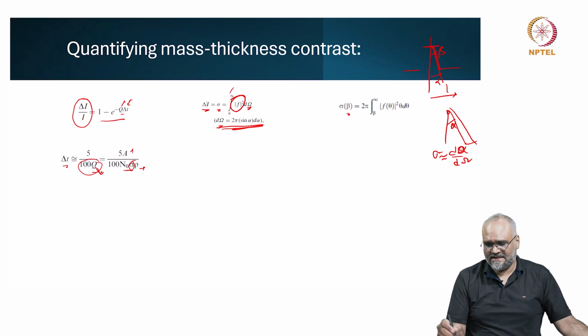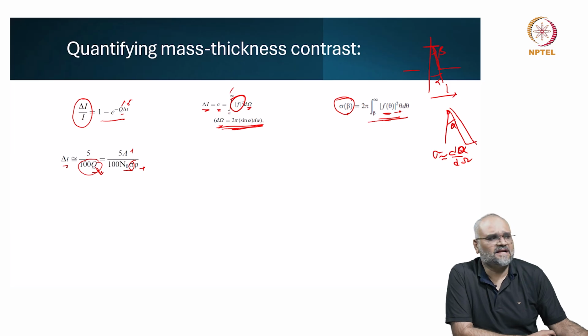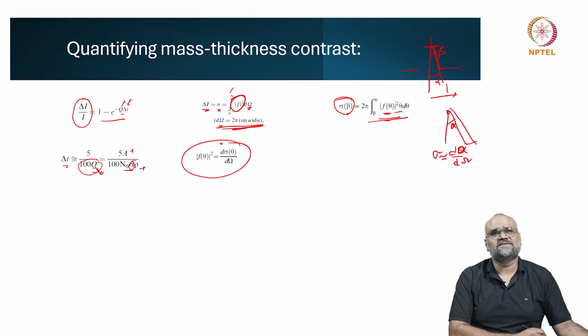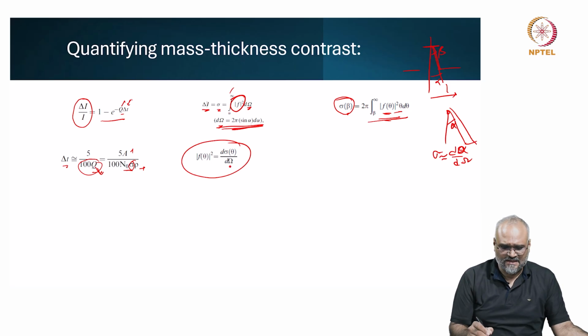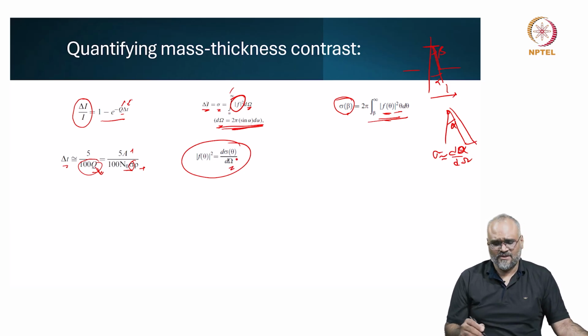So, if I write beta is the angle of collection, it is written in a more explicit way here. The variation in the scattering cross section as a function of beta, you can write it as an integral of this form, where f theta and theta are the angles of scattering and the atomic scattering factor. So, we know that from the Rutherford scattering cross section, the square of atomic scattering cross section gives me the probability of scattering or the differential scattering cross section, and when I put in all these values together, I get